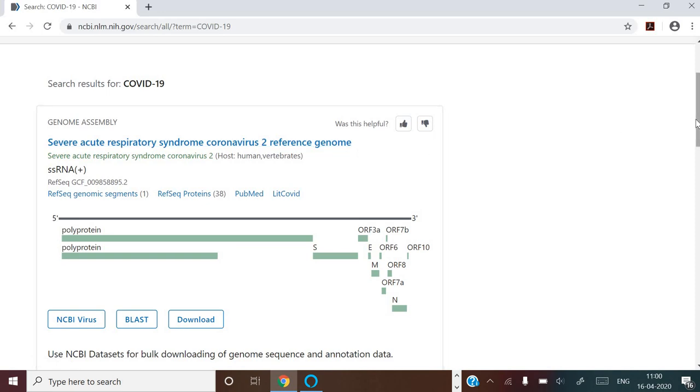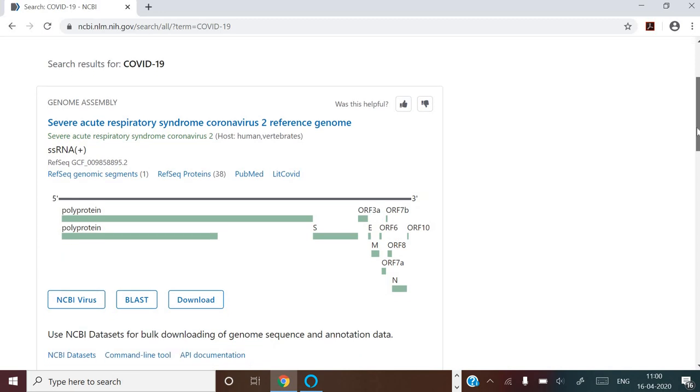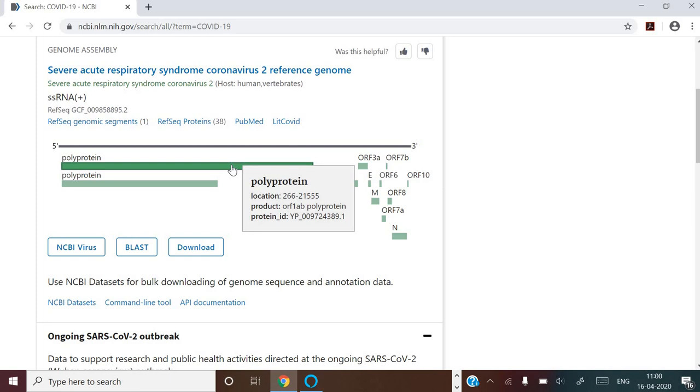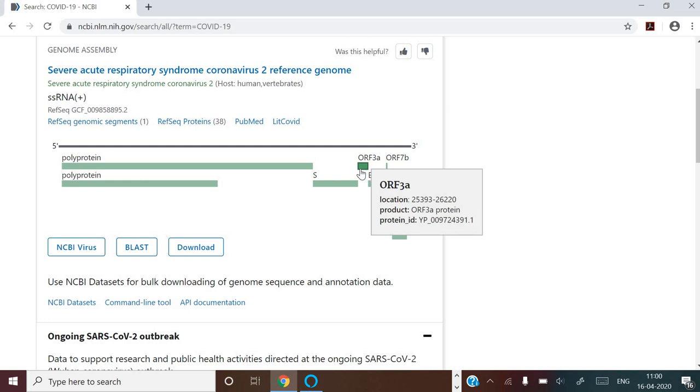One of the results is the single stranded RNA of COVID-19. Its whole genome has been analyzed in this particular result. Here we can see the polyproteins, their locations, their IDs, and the ORFs, the open reading frames, of the same COVID-19.